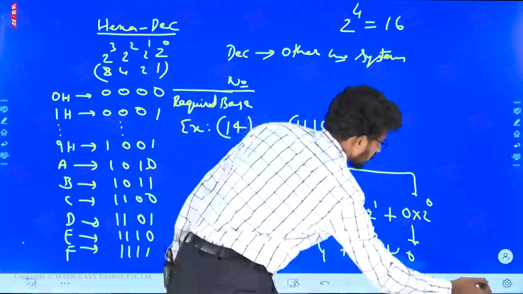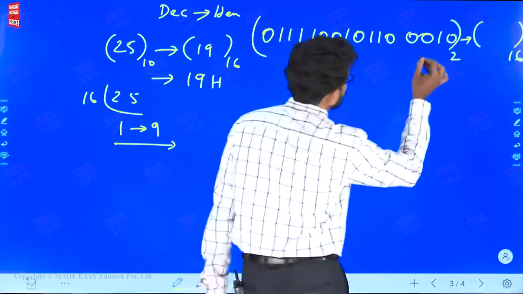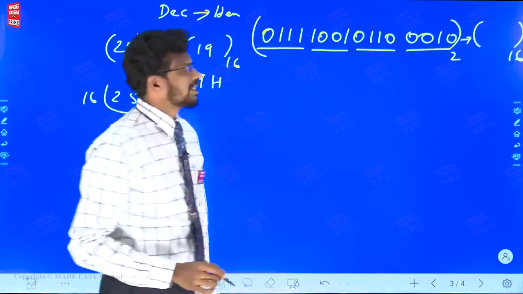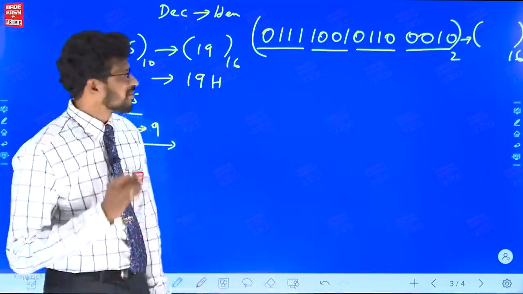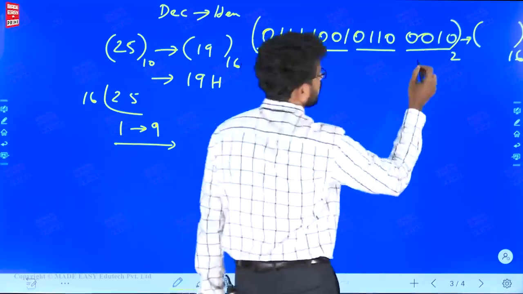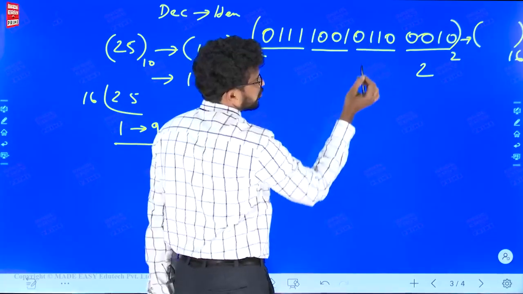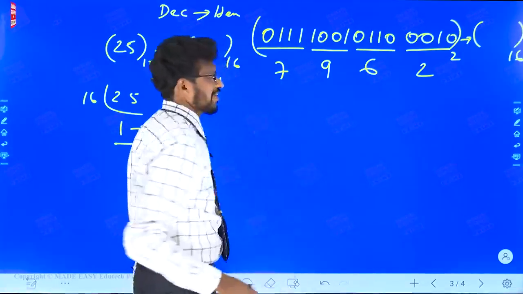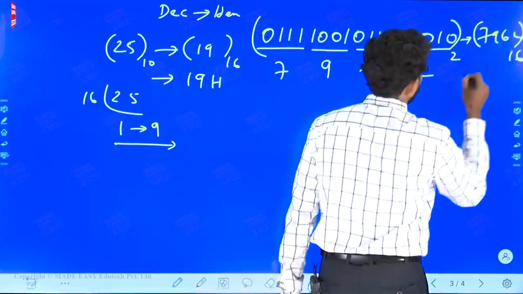Let us take the next one. Here I am grouping the values as 1, 2, 3 and 4. It's just a number game. If you can solve this, it's very easy to follow. Tell me, what is this value? It is 2. It is very simple, 8421 coding. 4 plus 2 is 6, this is 9 and this one is 7. So we can write this value as 7962, or in other words